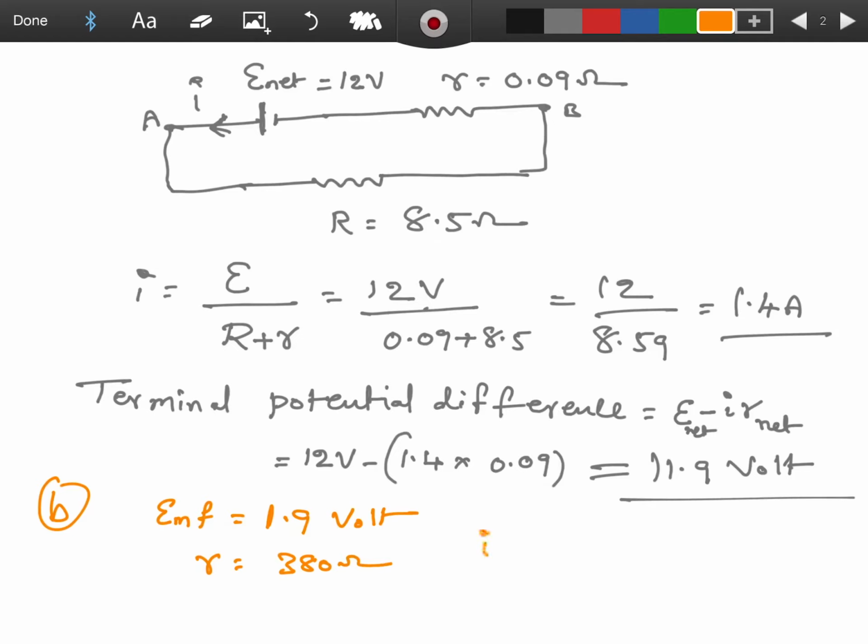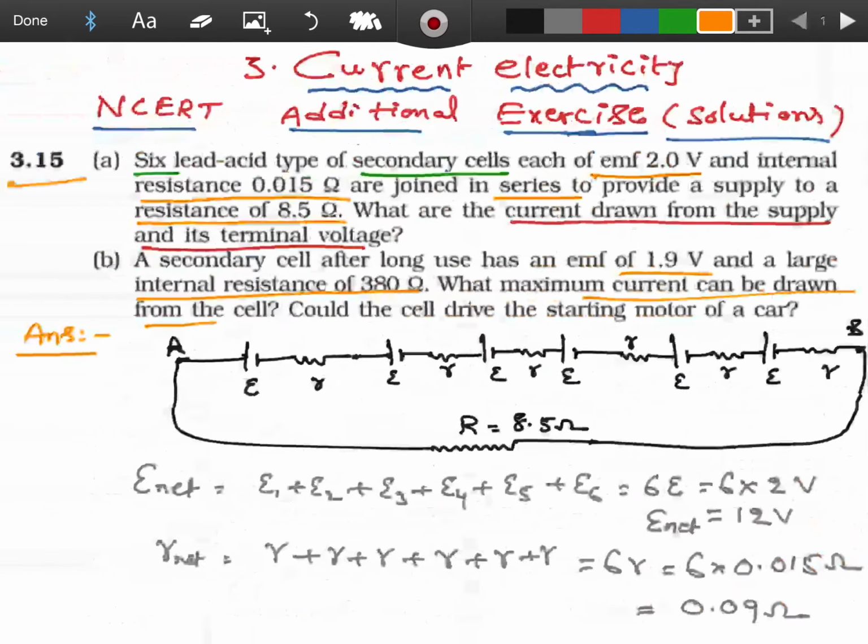Then the maximum current will be equal to EMF by r. EMF is 1.9 volt, r is 380. You will get 0.005 ampere. Of course, that is the maximum current calculated. After that they are asking,